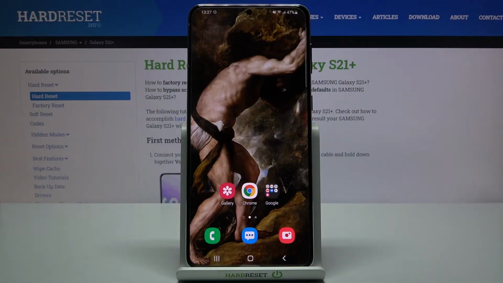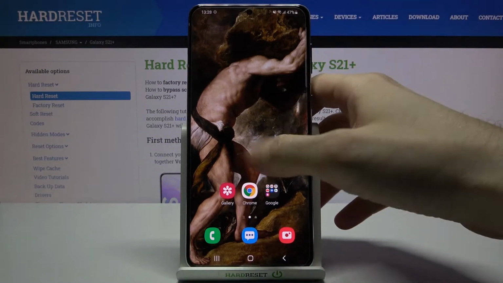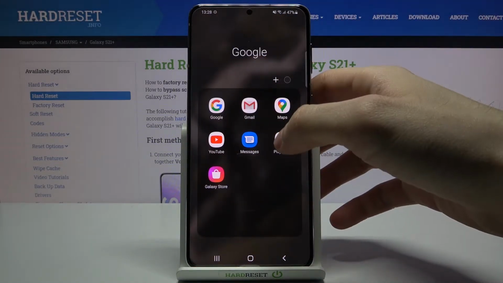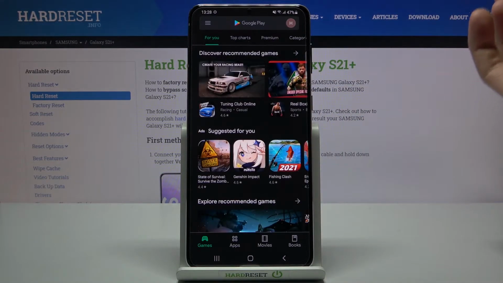Here I have Samsung Galaxy S21 Plus, and today I'm going to show you how to update apps on this device. So, to update apps on your Samsung Galaxy S21 Plus, you'll have to open Play Store here on it first,